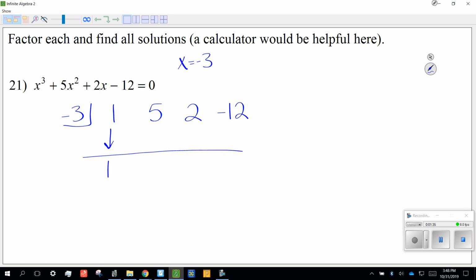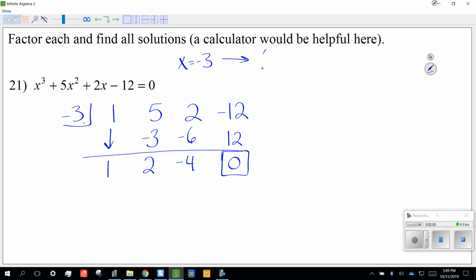So bring down the 1, and then you do -3 times 1, and you put that answer right there. Then you add that column, 5 plus -3 is 2. Then you do -3 times 2, and you get -6. Add that column, and you get -4. And you do -3 times -4, and that's 12. Add that column, you get 0, which is what we want to get, because that means that x plus 3,